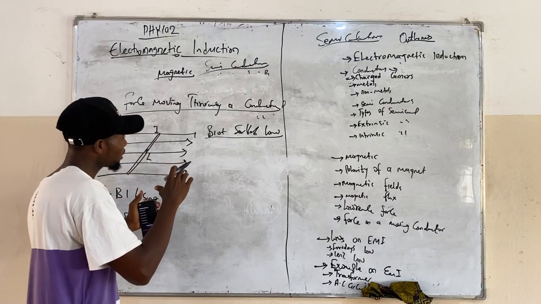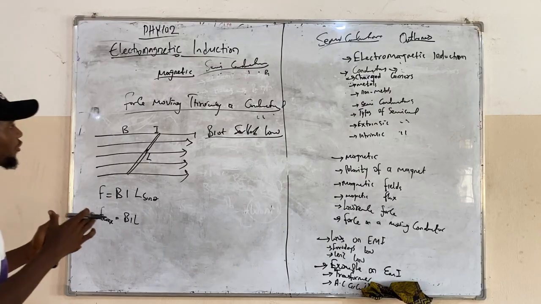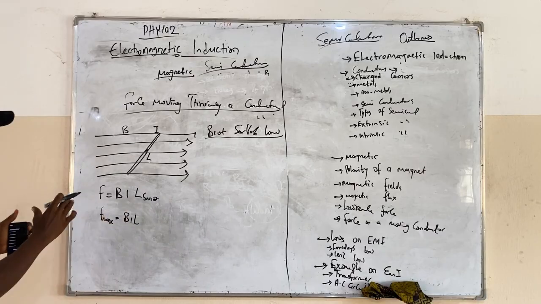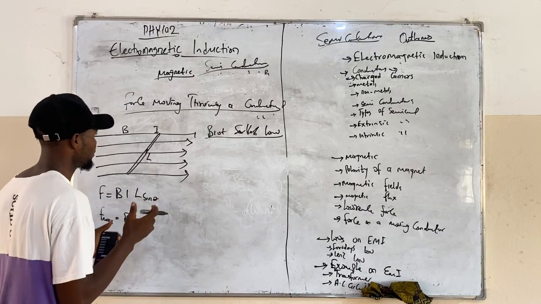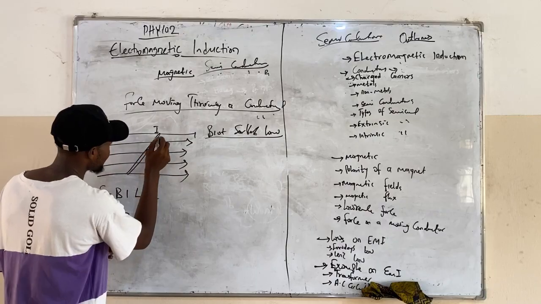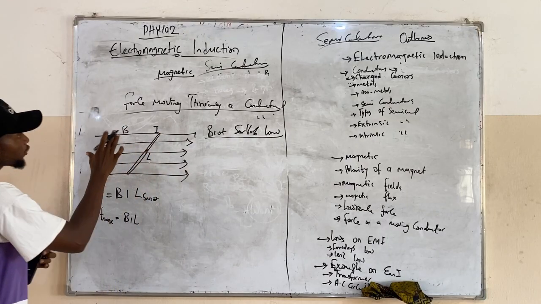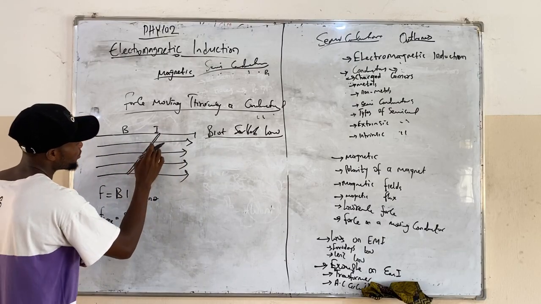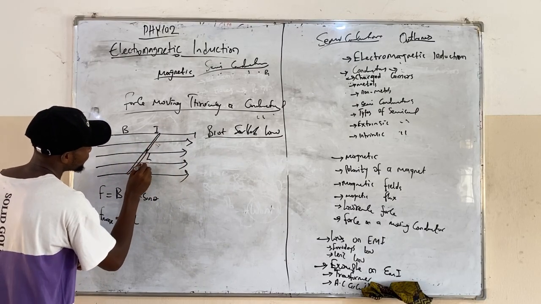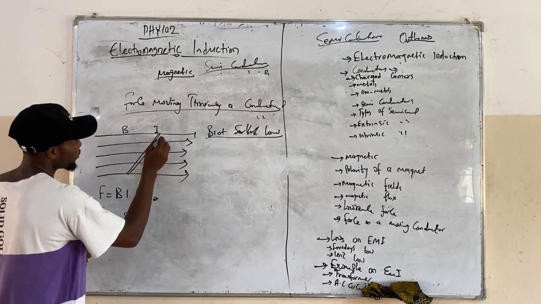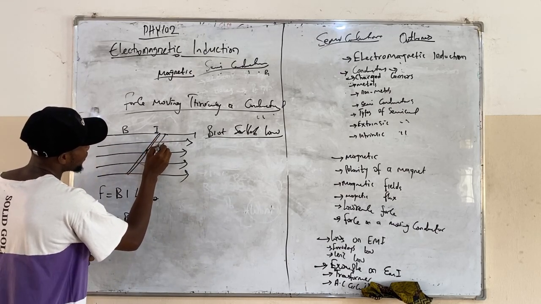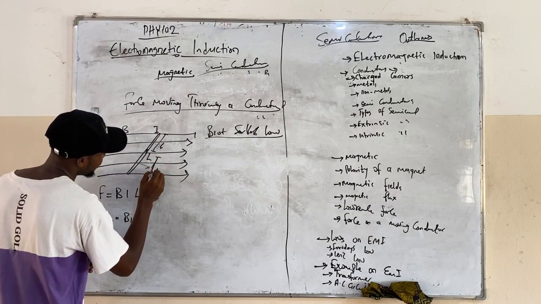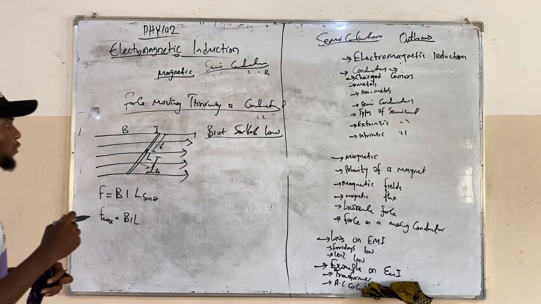So Biot-Savart law actually brings this ideology of measuring the total current flowing through a circuit, not total actually, just a substantial current of it now, half of it, and making use of what? The half of the length as well. This force moving through a conductor makes use of the whole length of the conductor of wire. But this Biot-Savart law makes use of half of this one. That's to say, if you are to circulate this very one, we'll have what? L1 probably, and L2. So that's Biot-Savart for you